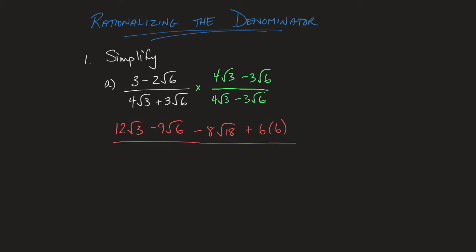Now I multiply on the bottom. I'm going to be a little more efficient. I chose conjugates for a reason. I know my middle terms will cancel out. Okay. Now I can clean some stuff up. On the top, I don't have any other root 3s. I don't have any other root 6s. But when I now reduce this, I can take the square root of the 9, which is a 3, and I'm left with root 2s